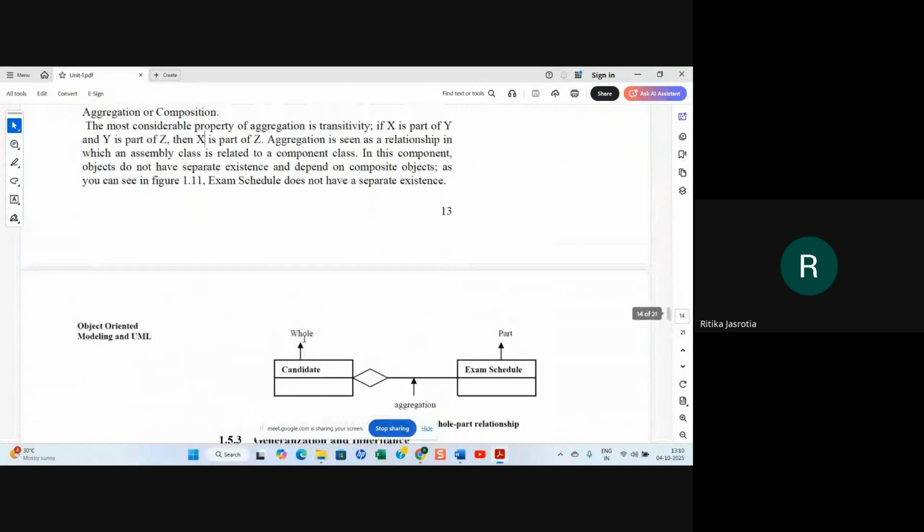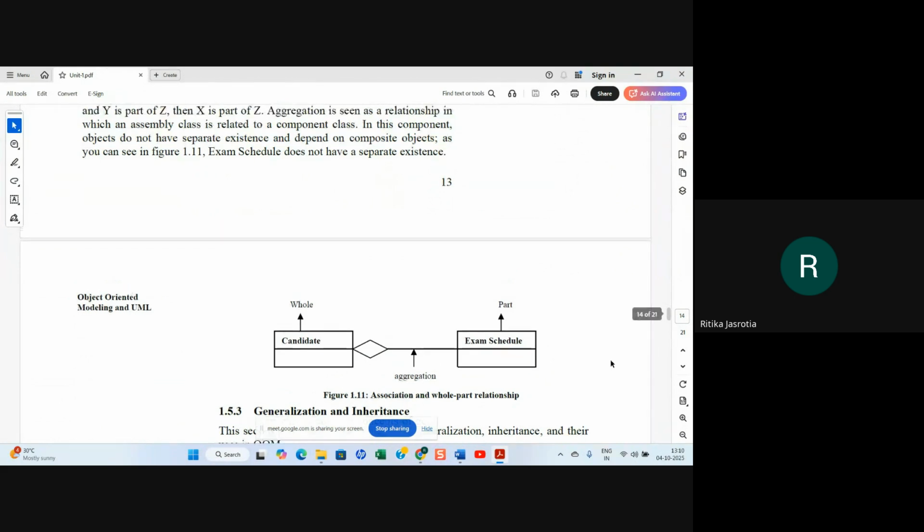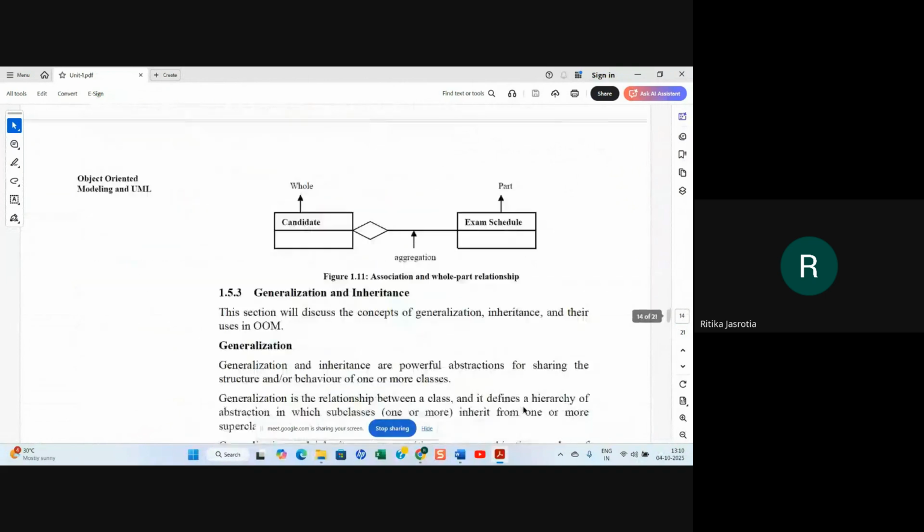So here, if you see, exam schedule does not have a separate existence. The exam schedule class is part of the candidate. It is not separate. Candidate is the whole, and exam schedule is part of that candidate class. Aggregation is shown like this. Whole-part relationship, that is aggregation.